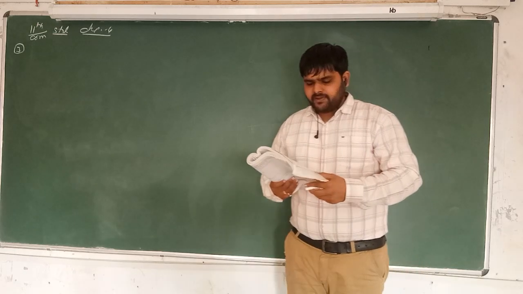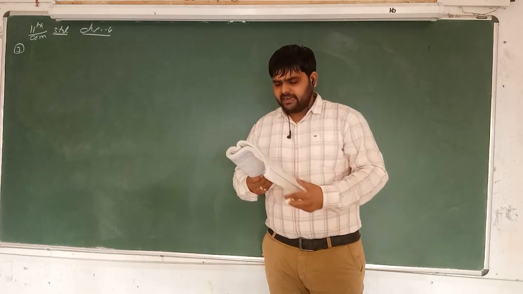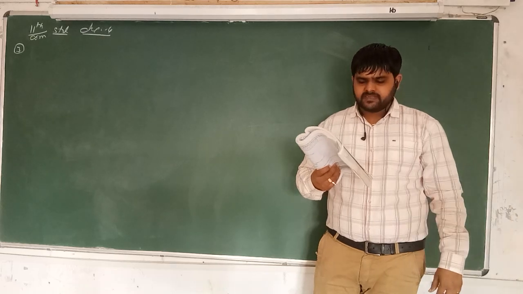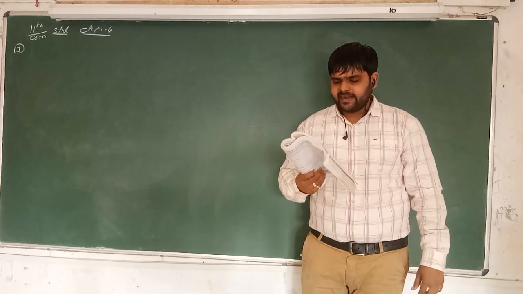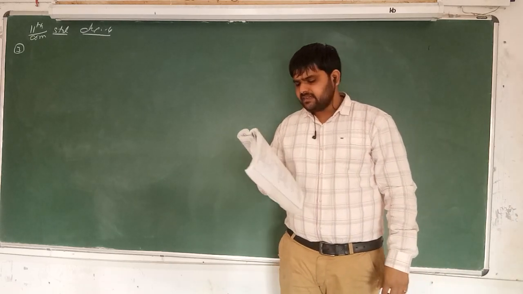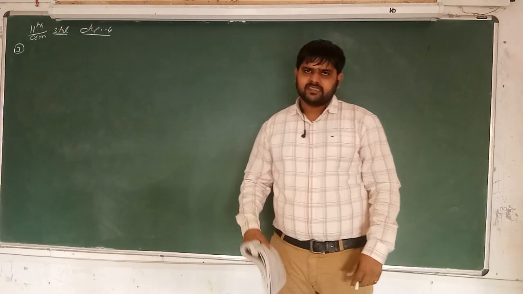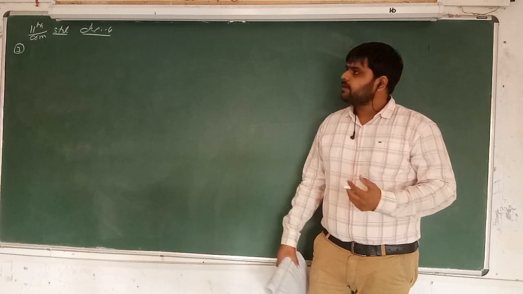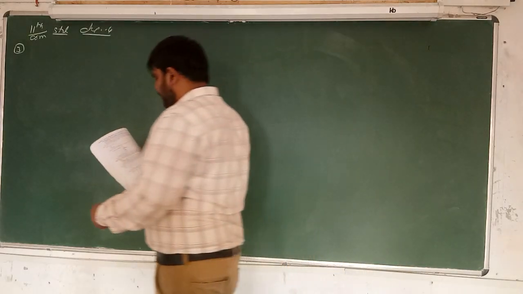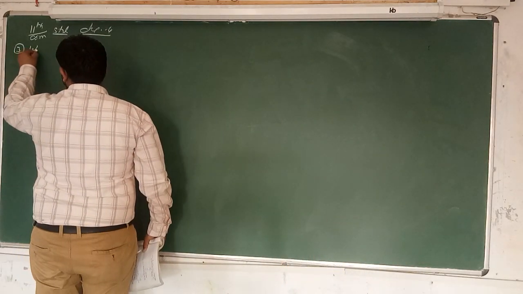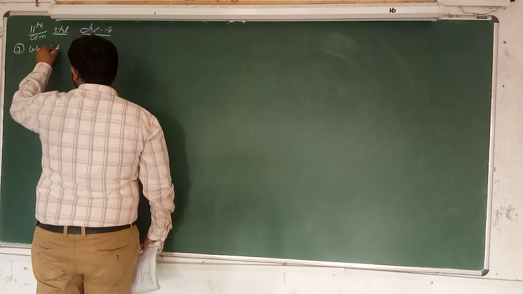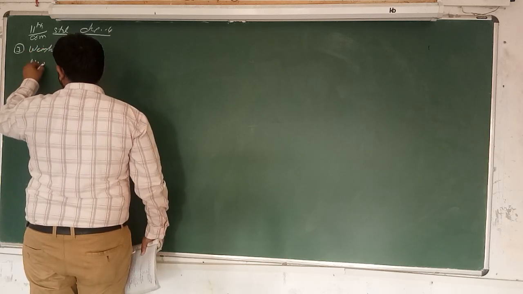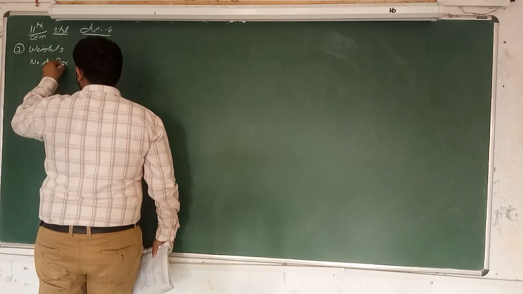The items produced in a factory are packed into two different boxes according to their weight. Using the following information, find the range and relative range of the weight of the boxes. So two types of information are given. Number one is weight, and the second one is number of boxes.